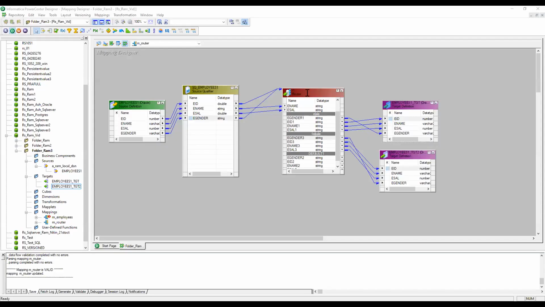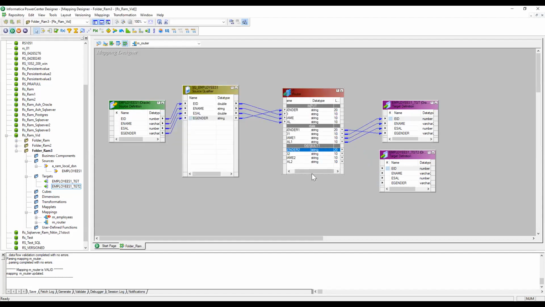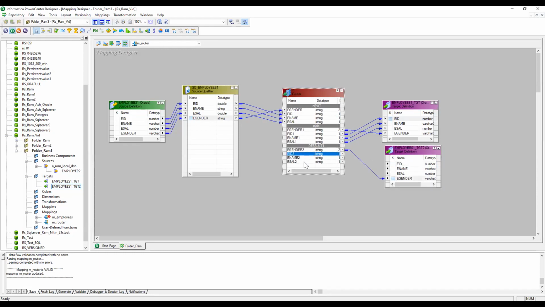And also, as I mentioned in the PPT, if you come to the group, the default group takes records for which the condition is not satisfied. For example, if you are getting gender as others from the source, then that will go to the default. But if your source is having only male and female, then you don't need to give the female condition explicitly. You can simply remove it. So the male records will go to group one, and the female records will go to the default group. And while linking, you can just give this default one to the target. So like this you can give, and it will also work, and this will also load the data successfully,